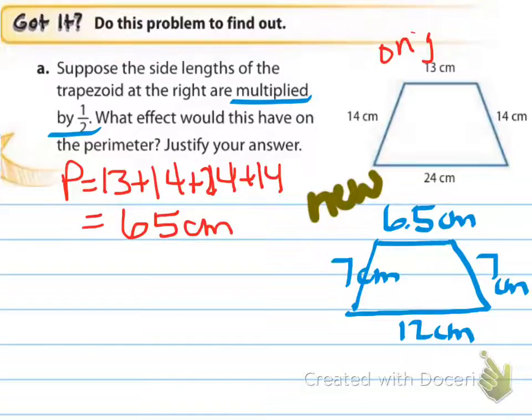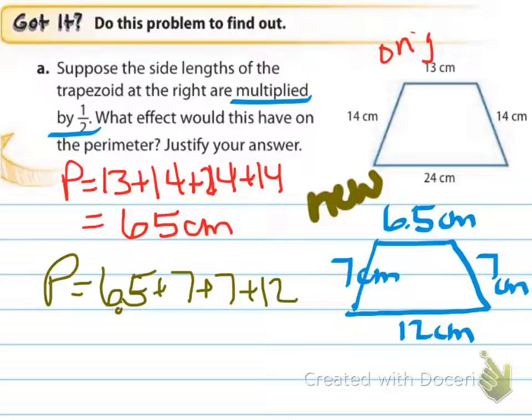And then we're going to do the same thing. And for this, we're going to do the perimeter equals 6.5 plus 7, plus 7, plus 12. Remember, it doesn't matter what order I add them in as long as I get all 4 of them. And then that's going to equal 37.5